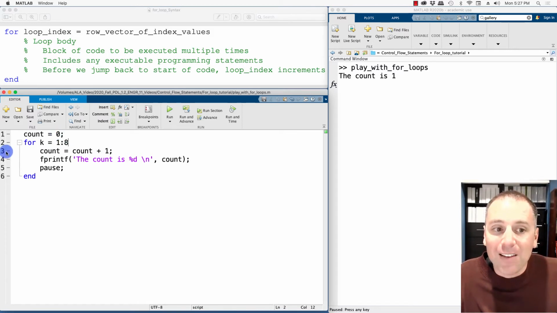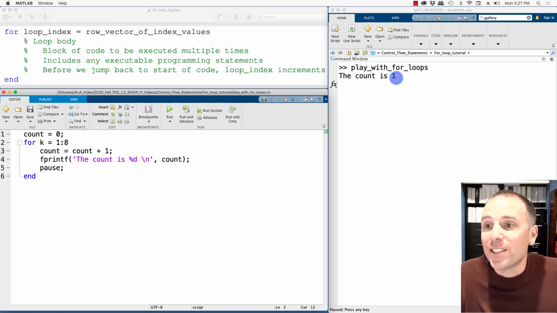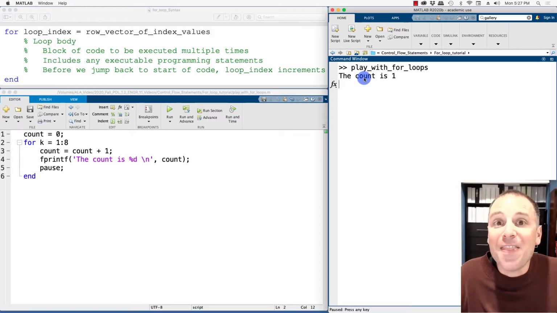So in line 3, during the first iteration, I take the 0, I add 1 to it, and then I store that back into my count variable. So now the value of this count variable is 1. MATLAB drops down to line 4 and prints out the count is 1, because the current value of the count variable in that iteration is 1. Then it pauses. We are currently in that pause right now.